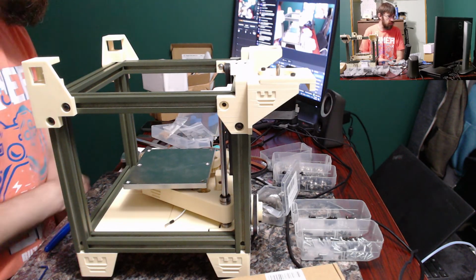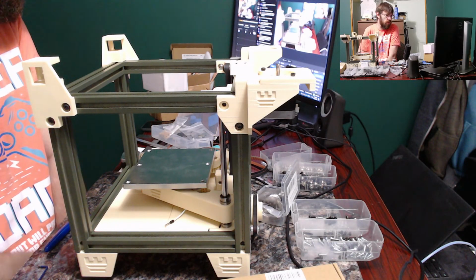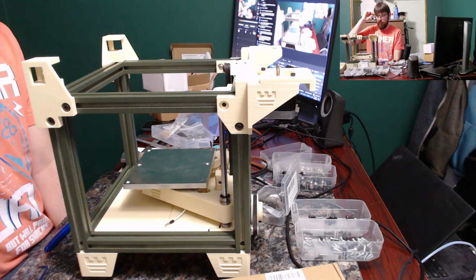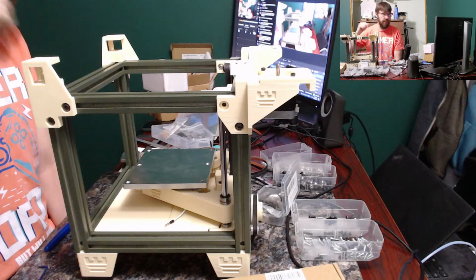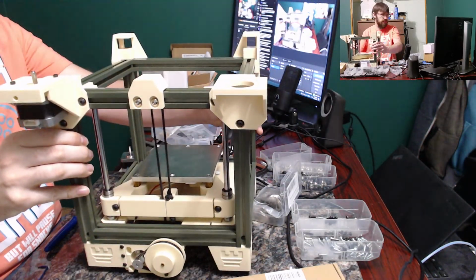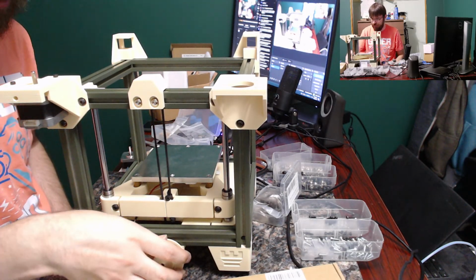The 4-to-1 is going to let you make finer Z adjustments too. Yeah, you'll definitely get some more resolution on the 4-to-1 gear reduction. So yes, you can print very fine layer heights and stuff like that, certainly. It's a lot of pros. Does add a few extra parts, but this is actually a relatively nice